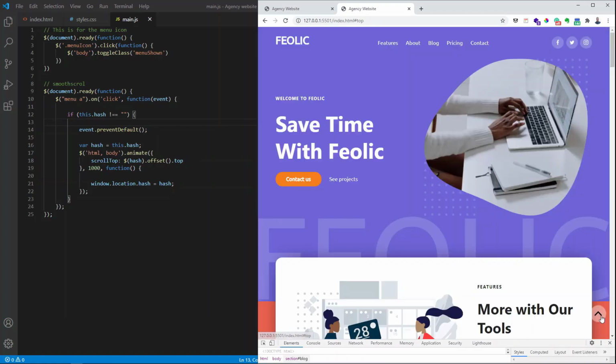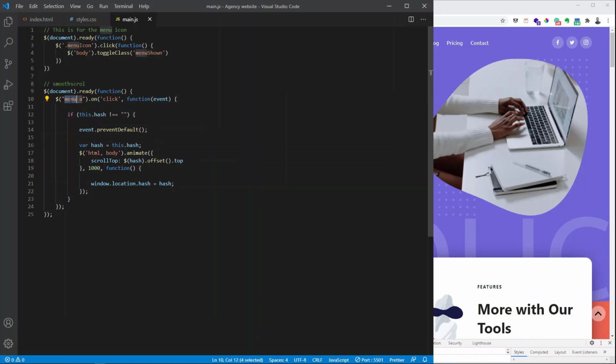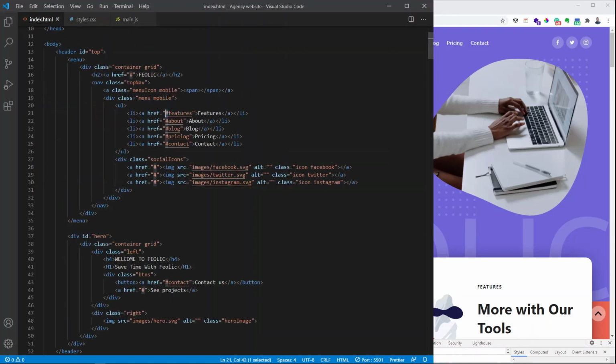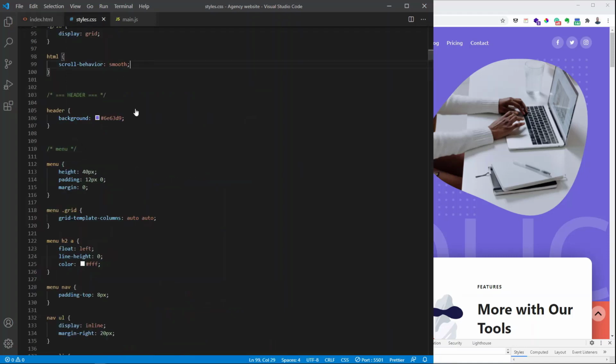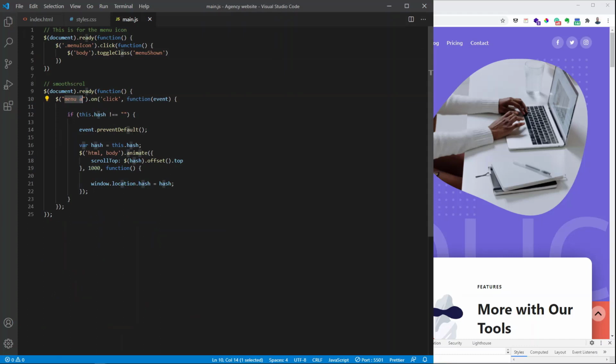We want this to also be a smooth scrolling. So whenever we click, we want that to be a smooth scrolling. This is menu A. So we want this scroll top to be a smooth scrolling as well. So I'll just copy this ID and I'll go to the jQuery, put a comma there, and paste this right there and use the A tag as well, and save